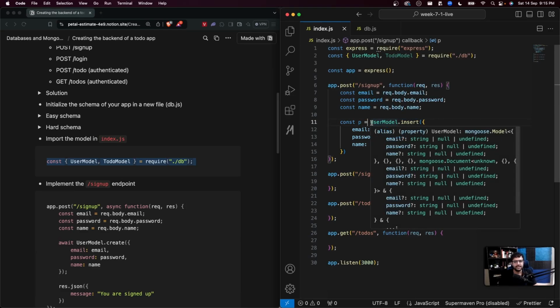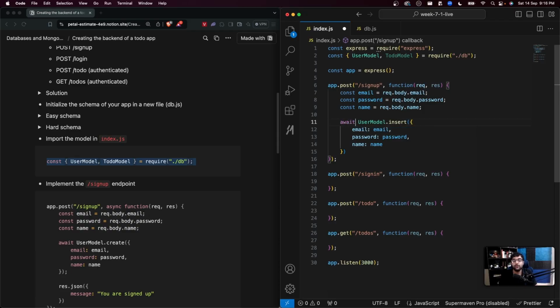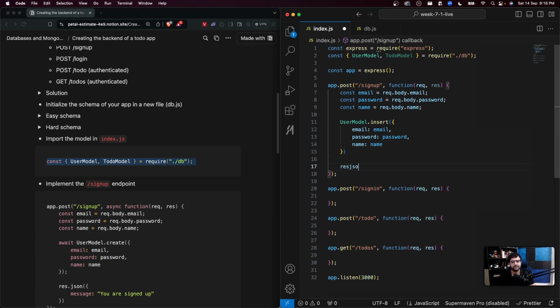And hence, it is a good idea for me to await this promise. I can totally get away by not awaiting it. I sent the request to insert, hopefully the insert will happen. Let me quickly let the user know, res.json,